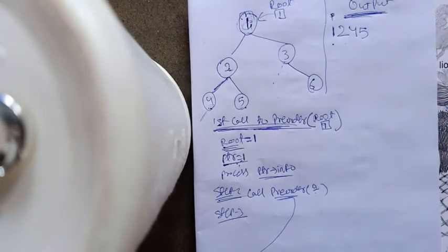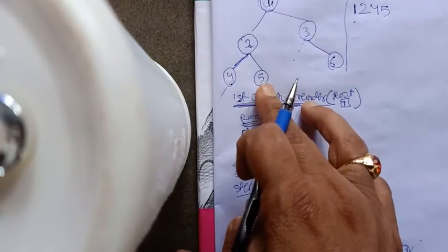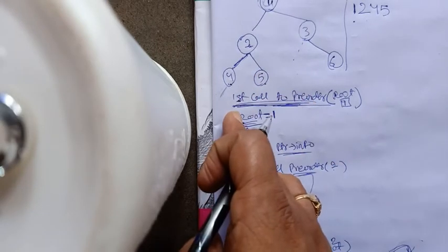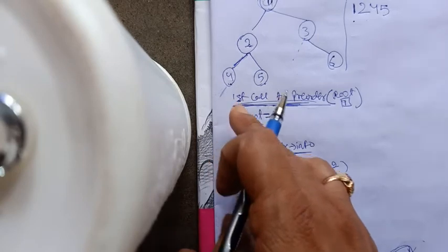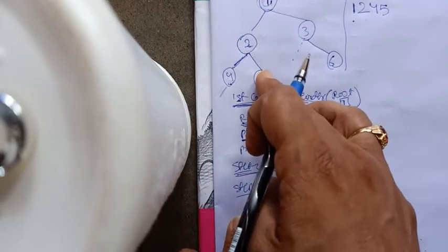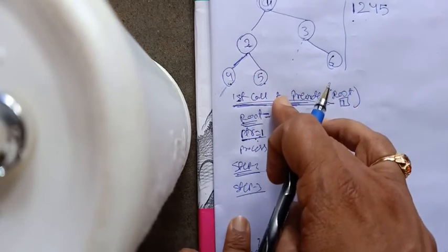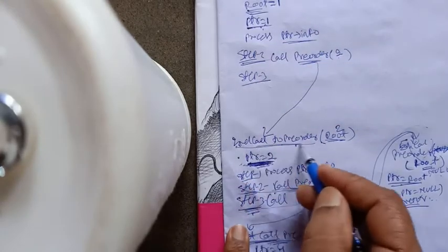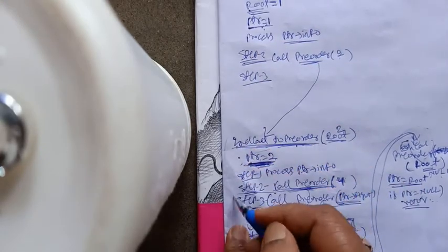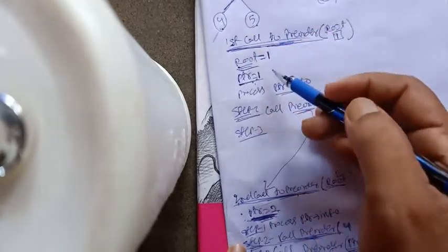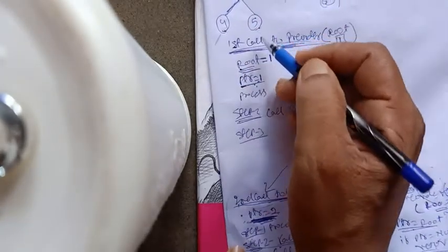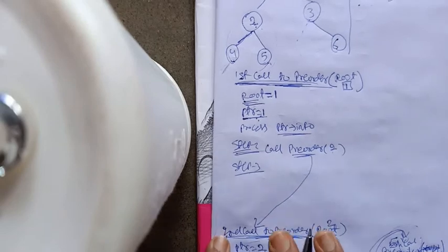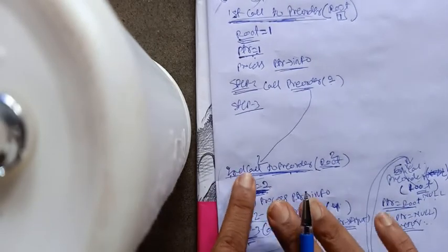Once ptr is processed, it will call preorder by passing its left, and its left is null, so no more processing is required. Then it will call the right of 5, which is again null, so it will be completed. Now the second call to preorder, meaning the left subtree of 2 and right subtree of 2, that is 2, 4, 5, all three are processed. So now the second call is over, and it will move to the first call.